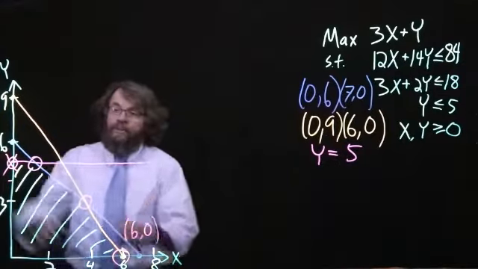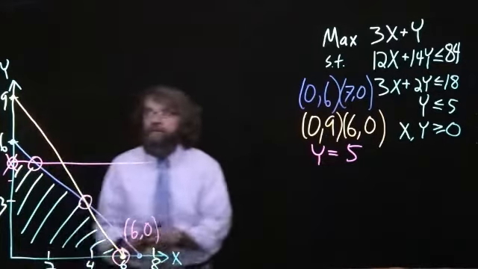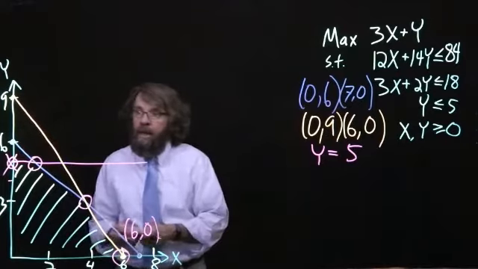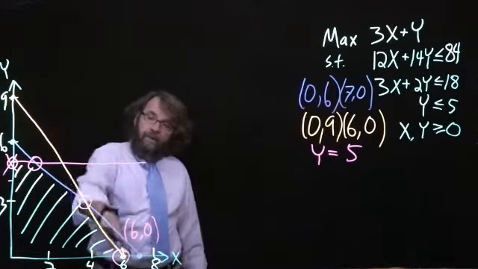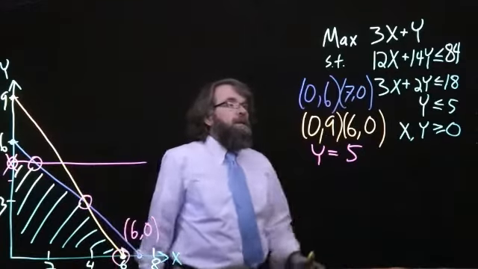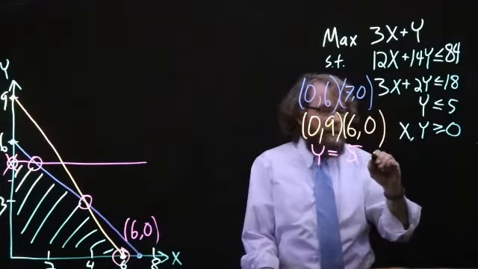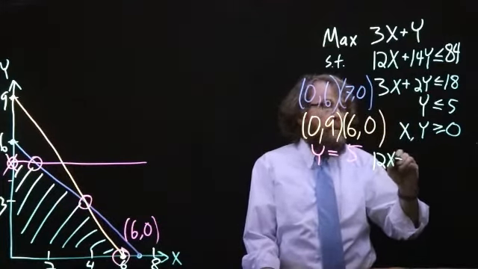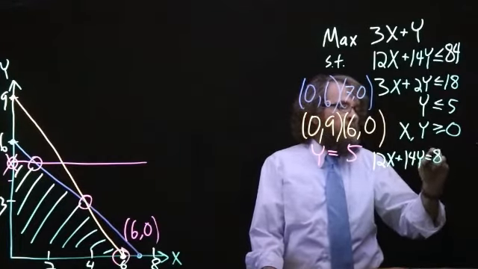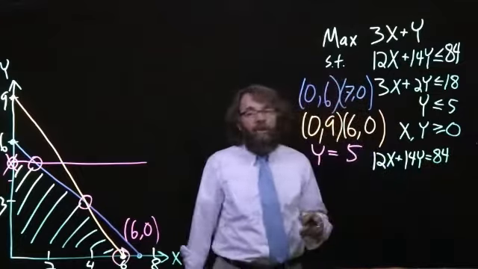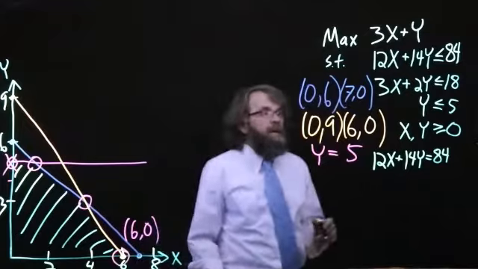Now the other 2 we have to solve for. So let's figure those out. So I don't know, let's do the intersection of the orange one and the blue one. So the blue one is 12x plus 14y. And then when we are on the constraint, it is an equality. And so that's the blue line. And then the orange constraint is 3x plus 2y